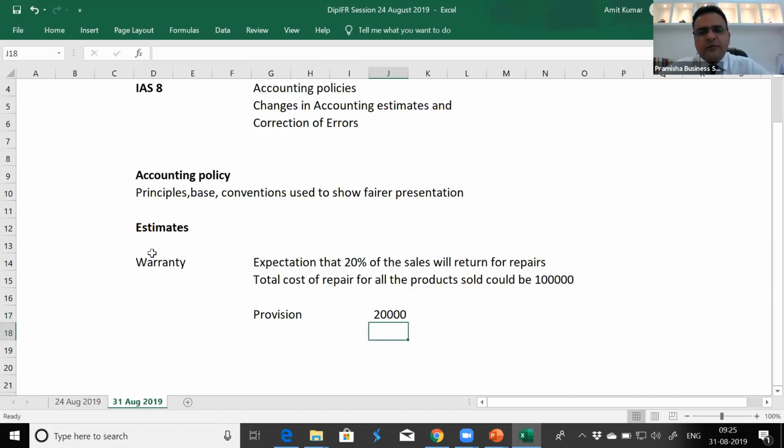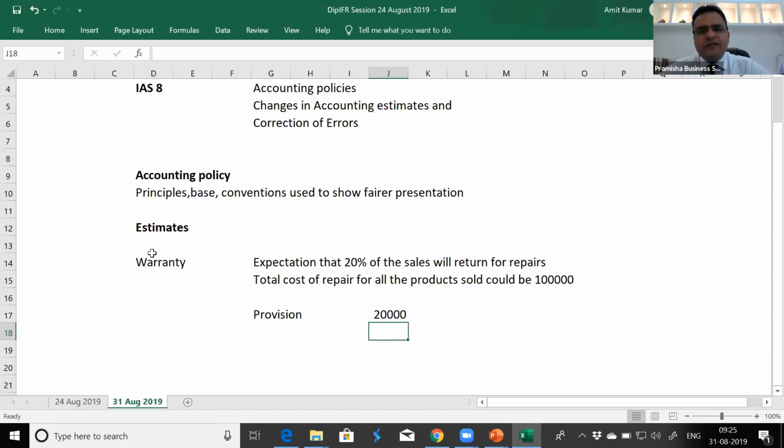If we do not create a provision, we do not have any corresponding liability, we do not have any amount set aside in the balance sheet for meeting this obligation in future. Though this is not accurate, not perfect, at least some amount is set aside so that shareholders know that this amount is going to be spent on repairs or warranties or whatever we have obligated in terms of